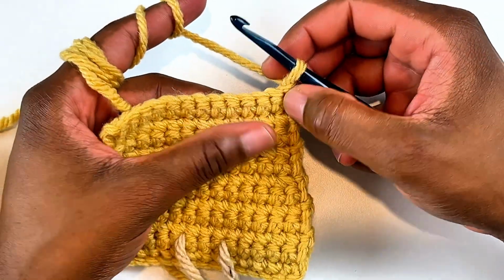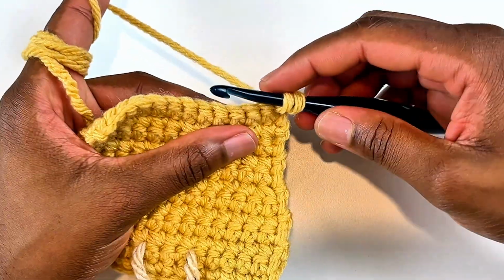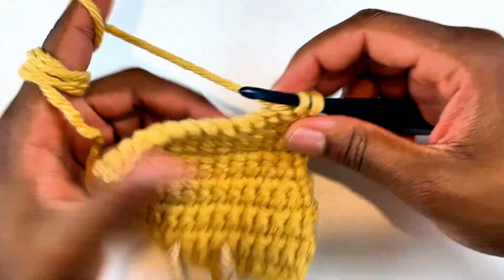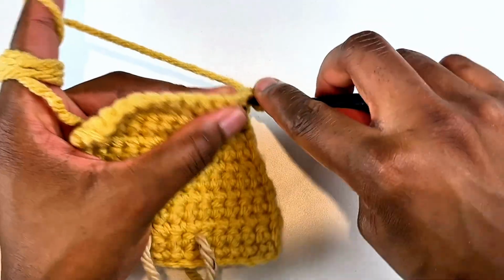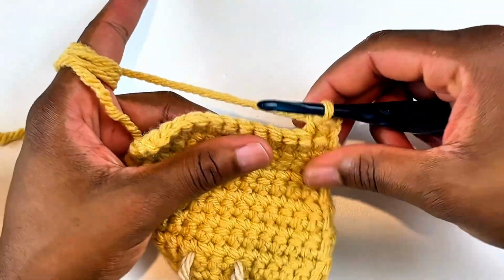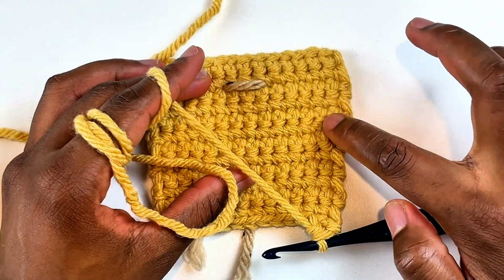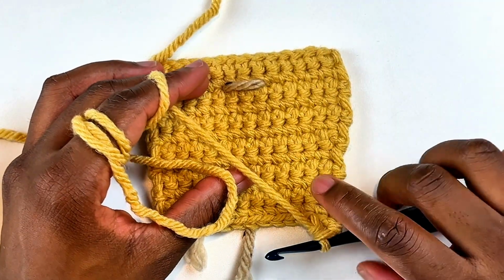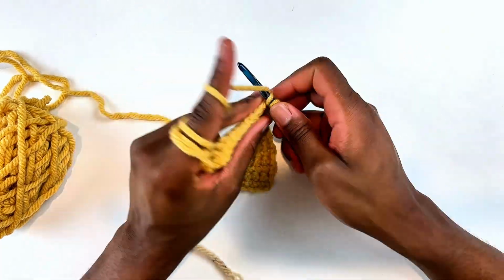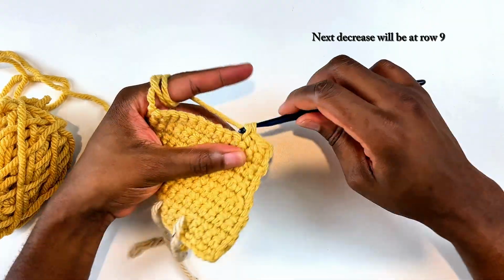So at row 6 we'll make a decrease, so we'll decrease these 2 first single crochets. So I go into this stitch, pull up, go into the next one, pull up, and then pull through everything. So I just decreased row 6. If I turn it over, now you can see this is row 1, 2, 3, 4, 5, and 6 where we just decreased. And after row 6, we'll keep on making our single crochets into every stitch till we get